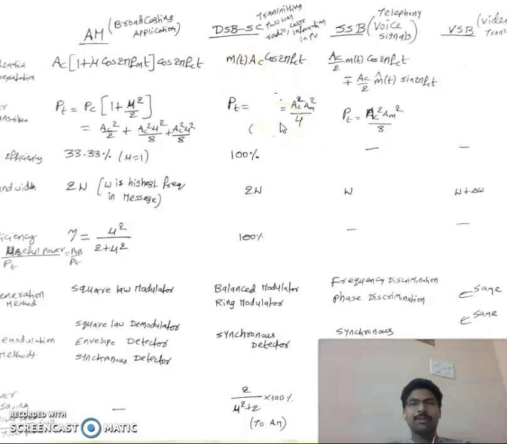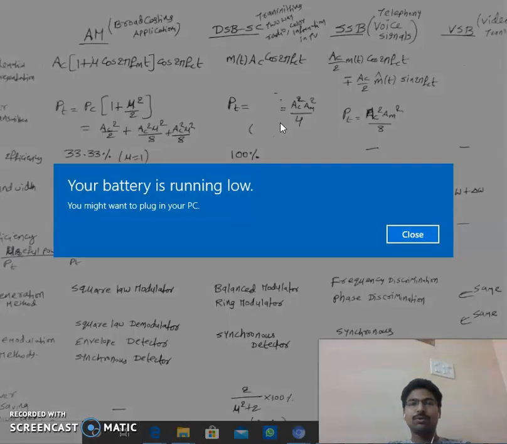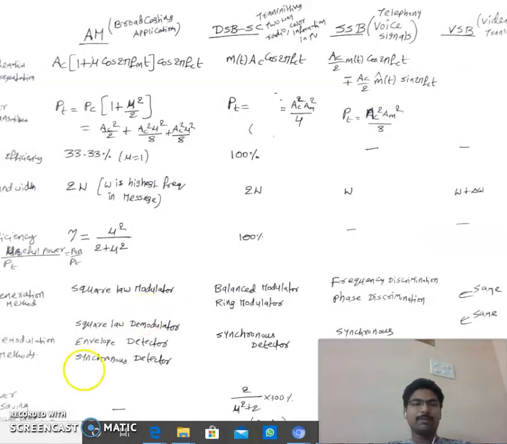The total power is now calculated as first term (Am Ac by root 2) whole square by R plus for the second term (Am Ac by root 2) whole square by R. So let us assume resistor R is equal to 1. Then we can get the summation power is equal to Ac square into Am square by 2 plus Ac square into Am square by 2. So that is equal to Ac square into Am square by 4 is the total power.